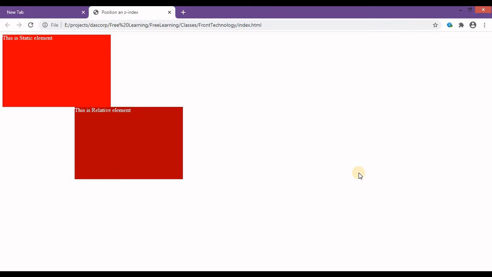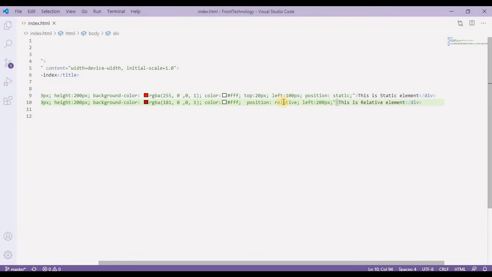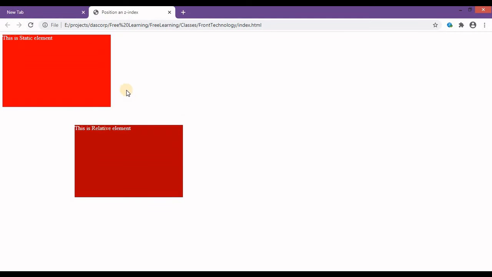Now let's provide some top value also. Now I have a top value of 50 pixel. Now as you can see, the top counts from the last element's end position. So what is the end position?